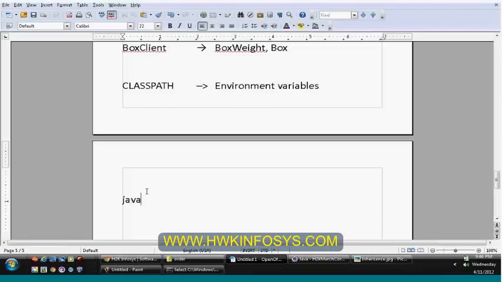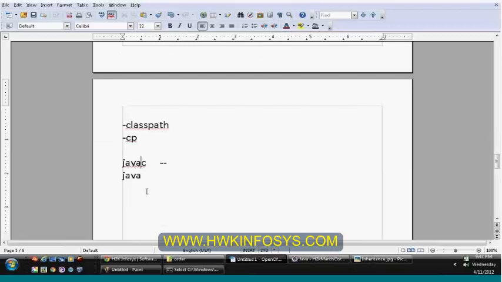Or else, with respect to your javac or java command, there are two options. Either of them you can use: -classpath or -cp. Both represent the same. You can make use of javac -classpath. These are options that are available for your Java runtime and compilation.